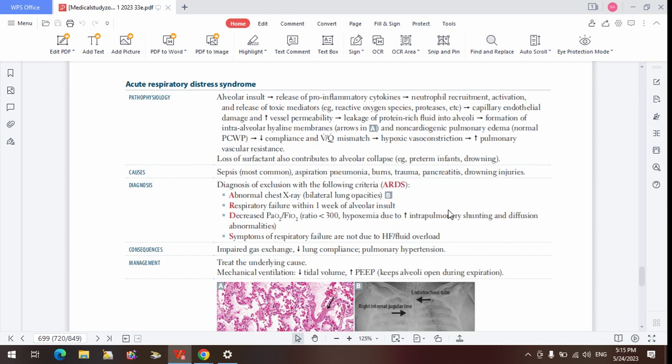So there's recruitment of the neutrophils. They release the reactive oxygen species as well as protease enzymes. So this protease enzyme is actually very, very important. This protease enzyme as well as the ROS and other cytokines that they release cause damage to the capillary endothelial lining. That is very, very important. So when it releases the protease enzymes and the cytokines, they cause the damage to the capillary layer that I've talked about. There's endothelial cells lining the pulmonary capillaries.